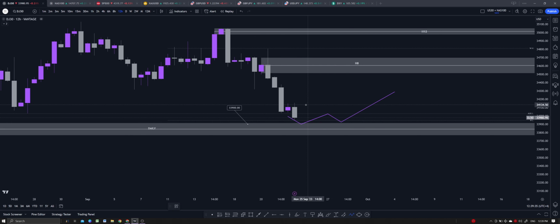But the main position that I am actually looking to take is a sell position, right? And the sell position sits above here at the H8 supply area, where I would possibly take a confirmation entry and take a short position from here. The only thing I don't like about this is that we have another supply zone sitting right above this. So this is why I would wait for price to see what kind of structure it forms, what kind of rejections it has, and then possibly take an entry.